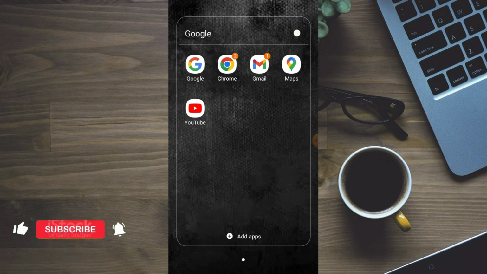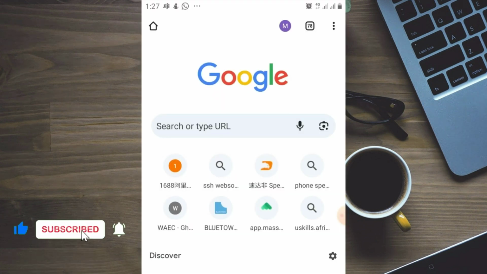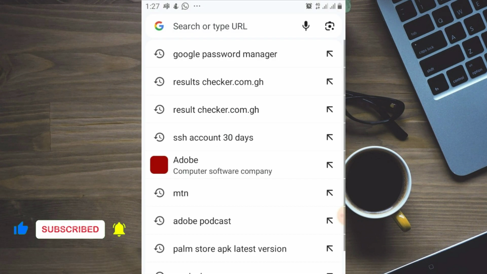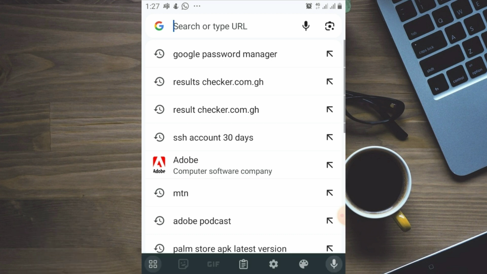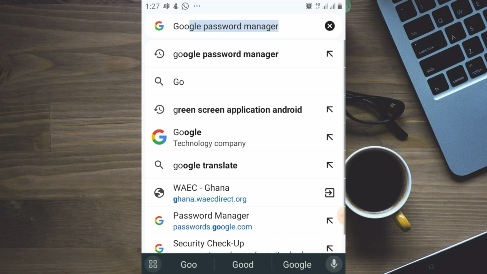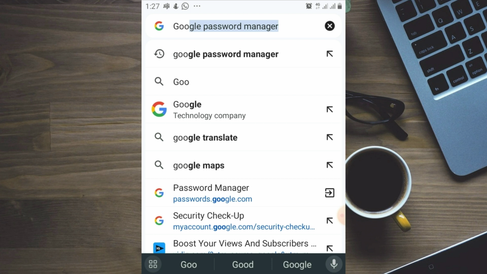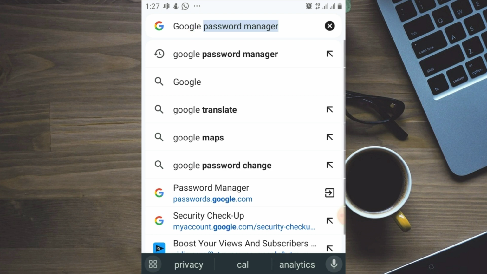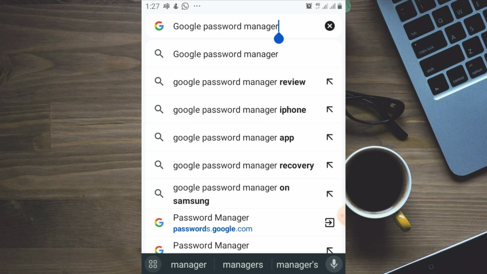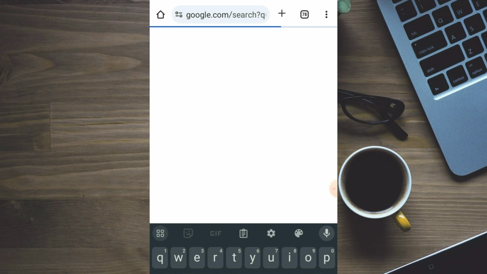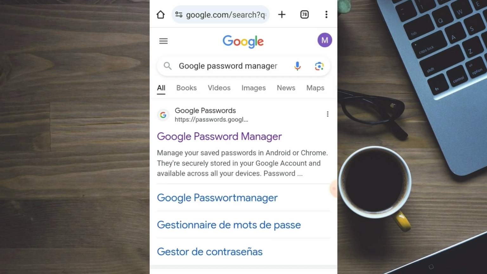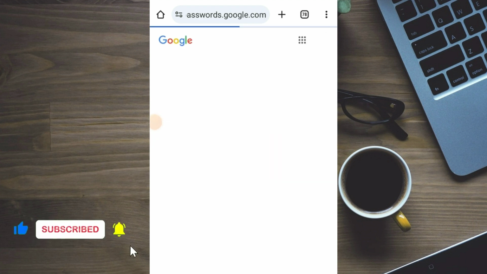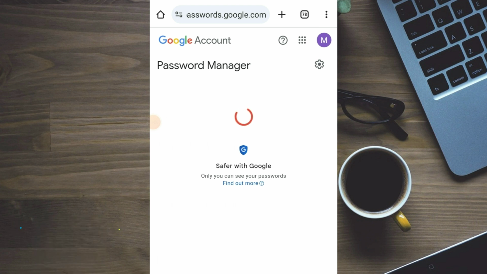Open your Google Chrome browser. After opening your Google Chrome browser, in the search bar, type in Google Password Manager. Type in Google Password Manager in the search bar, then hit search. After hitting search, it will bring you here. Just tap on the first link at the top. After tapping on it,